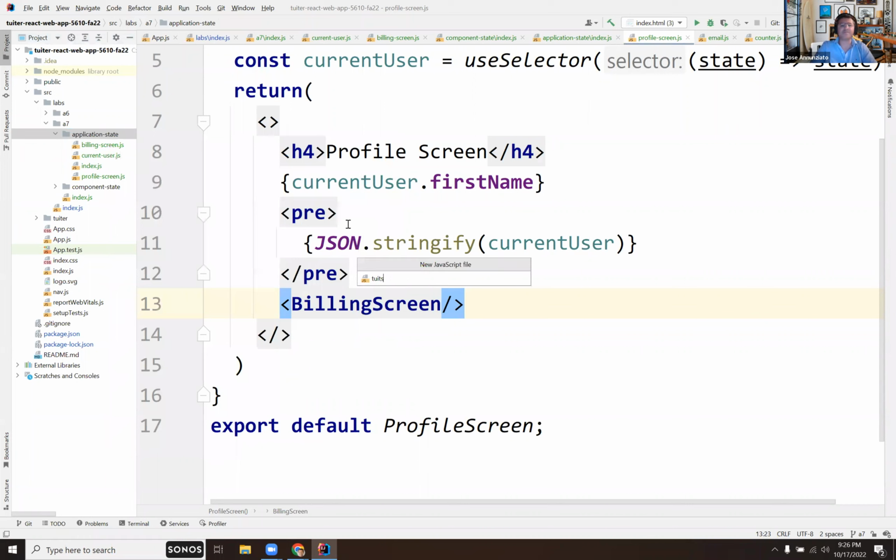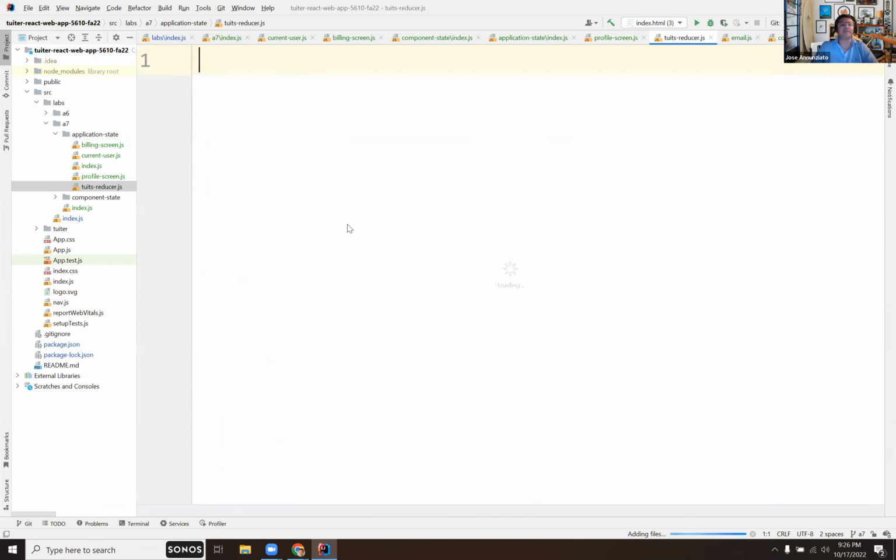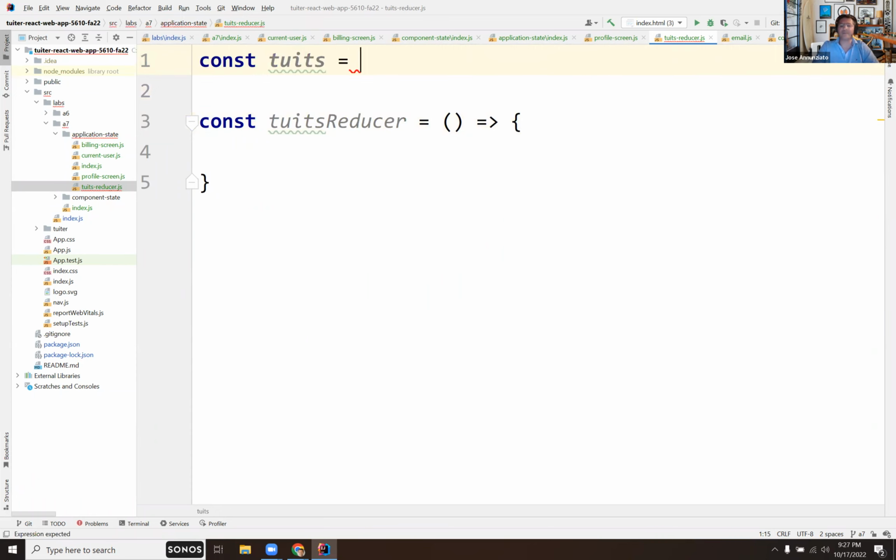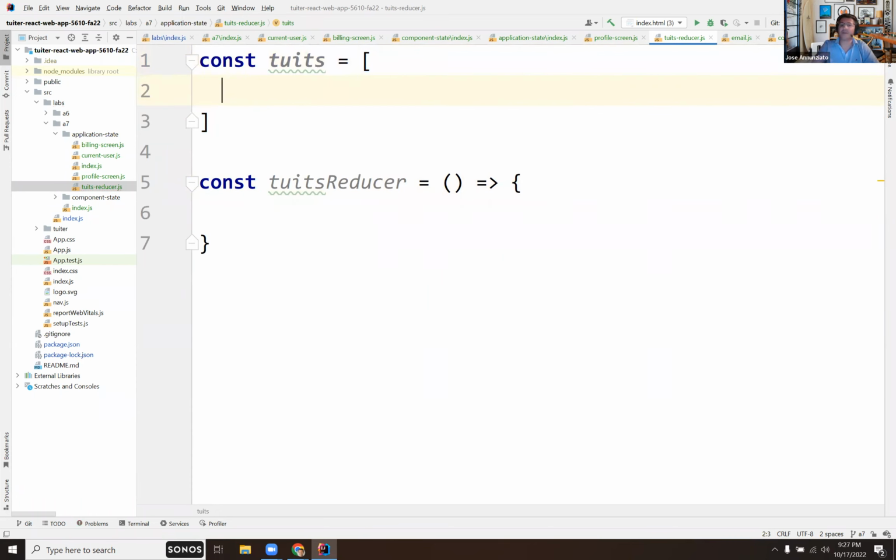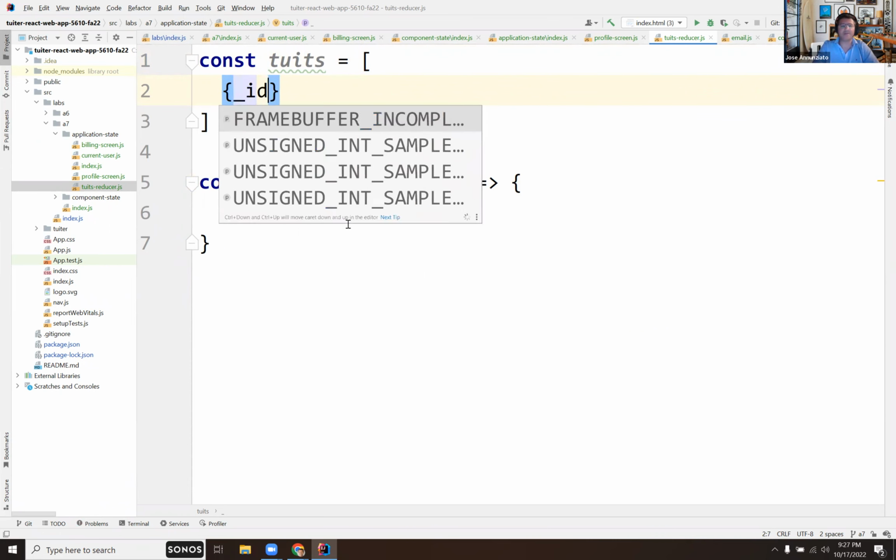This tweets reducer. That's a naming convention. The functions that return data from this data set are referred to as reducers. So here's my tweets reducer. Again, it's a function that is going to return an initial set of tweets. This could be in a JSON file, an object, an array of objects,